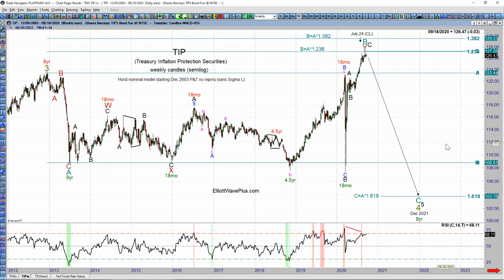I've looked a little more carefully into the Elliott Wave on Treasury inflation protection securities, and based on Hurst, this would be the deflationist view. I'm not absolutely certain of this at all, but I had to find a way to make sense of this plunge down here to below this low,